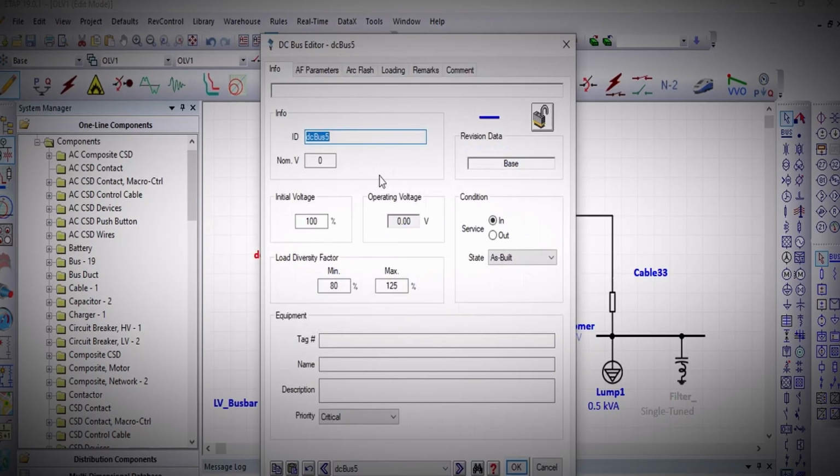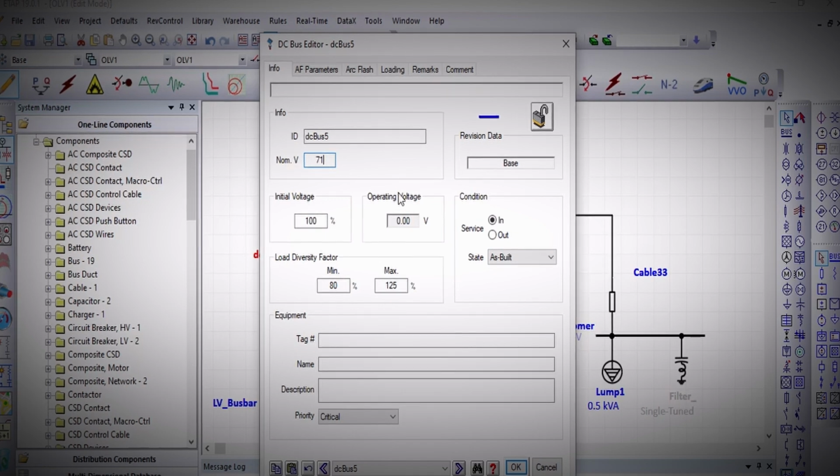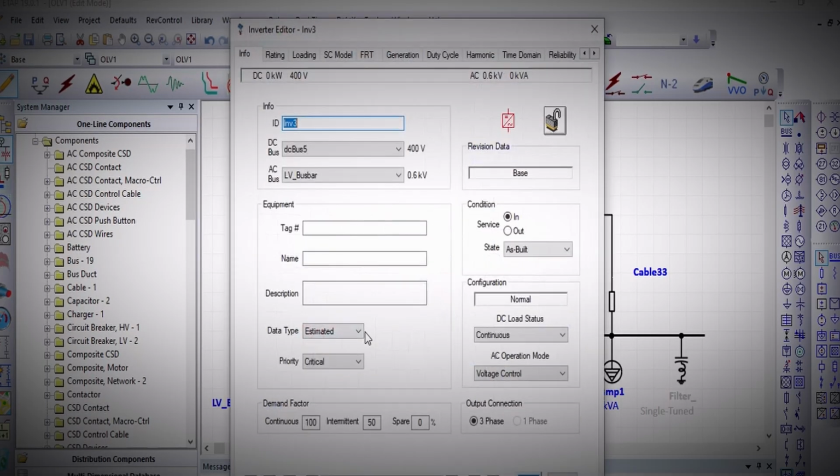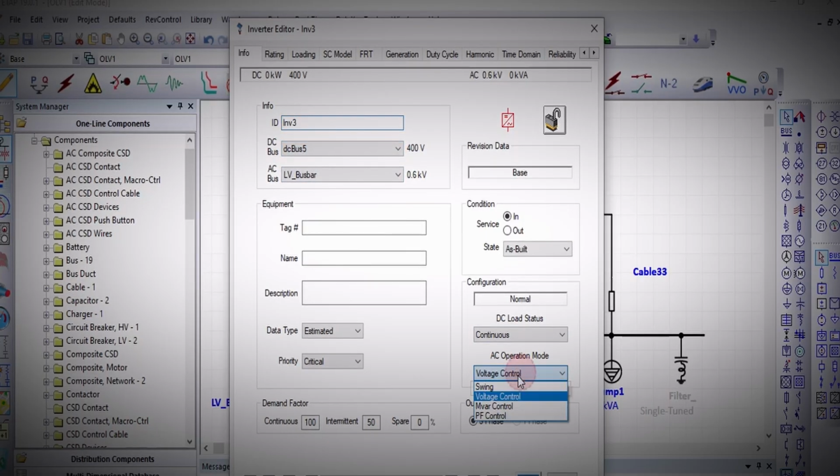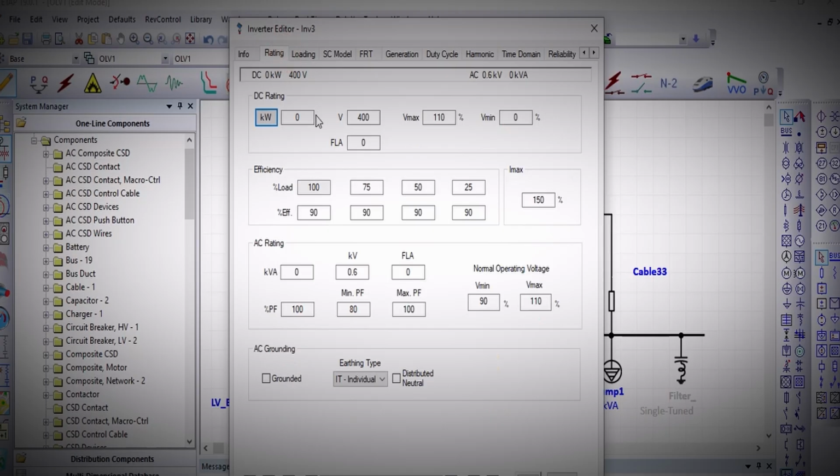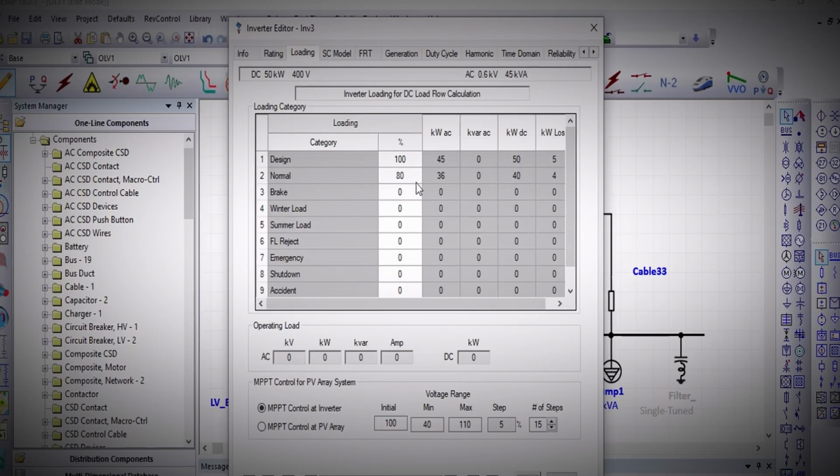We can go to the DC bus and say that we are going to operate at least at 400 volt, and the inverter here will be DC 400 and the low voltage should be 0.6. And even if you insert here a swing and you do everything, like you go to rating for 50 kilowatts and everything, the loading is correct,